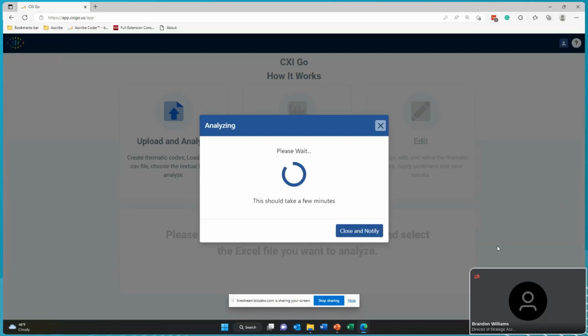Now, I don't know about you guys, but when you get into about 1,000 comments, it takes me a couple of days to at least produce something that's legible for my team to make sense out of. But what I'm doing here now is taking all of that heavy work and offloading it to the artificial intelligence from Ascribe and into Theme Extractor.